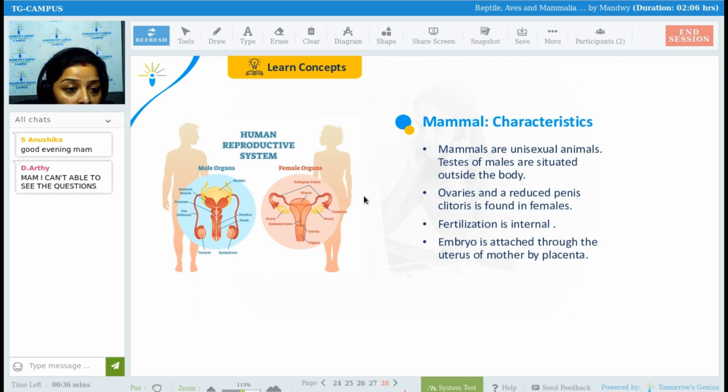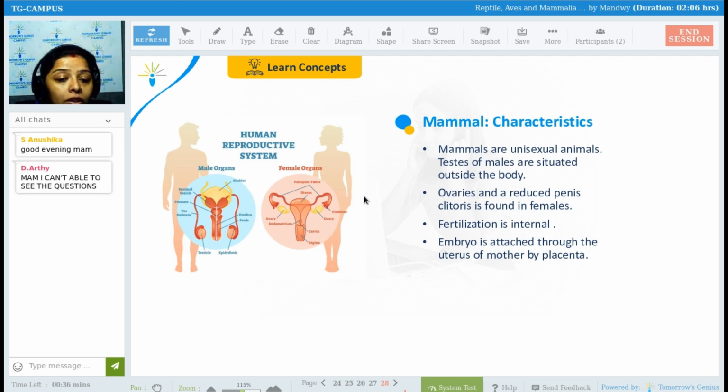Here, they both are having copulatory organs. In male, they are having urogenital organ for copulation and for excretion. That is penis. In female, they are having reproductive tract, vagina and cervix. So, with the help of reproductive tract and urogenital tract, male body can transfer the gamete into the female